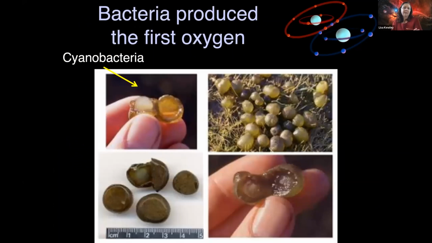Well, the bacteria in the oceans made the first oxygen. The oxygen was already there in the gas and the dust, stuck inside the oceans and also in the rocks of the Earth, but not in the atmosphere. But bacteria started forming in the oceans, and there was a bacteria called cyanobacteria which started forming the first oxygen. They look like kind of tiny little circles.